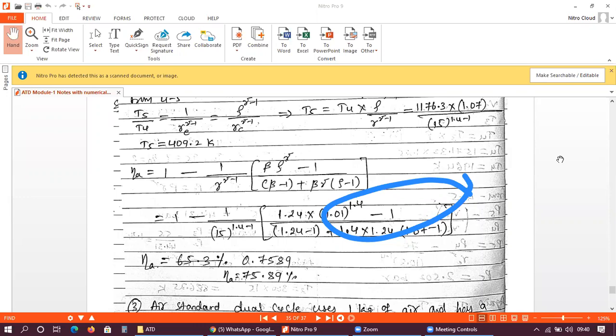Now we are discussing the dual combustion cycle, right? It is very hard for us to visualize the dual combustion cycle. There is no engine that runs on a dual combustion cycle, right? So these are all imaginary cycles. You have to expand your imagination, then only you can understand the things. With these imaginary cycles we are going to develop some cycles, such as the Otto cycle, that is the petrol engine. The PV diagram for a petrol engine resembles the Otto cycle. It is not exactly that of the Otto cycle.